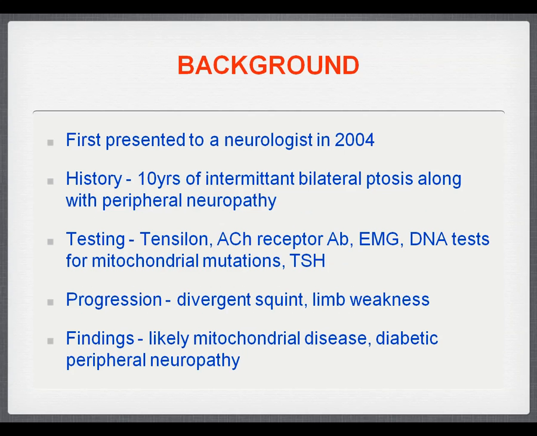Basically, as a summary of what the neurologist looked at, I think initially he was thinking myasthenia gravis, maybe two separate things with the peripheral neuropathy. He did a lot of testing, and this occurred over a couple of years, and she had progression of her disease in that time. But initially it was just those first two things she presented with. So he did tensilon testing, all the things listed there, the ACH receptor, looked at her TSH. He also did some DNA testing for mitochondrial mutations, but it didn't come up with anything.